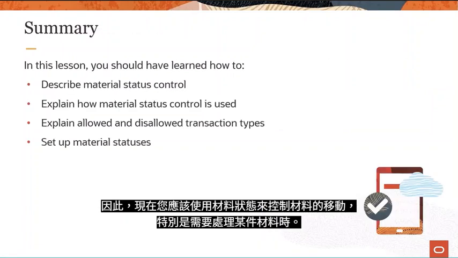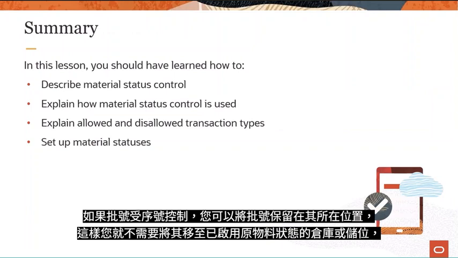So now you should know the material statuses can be used to control the movement of material, especially if you need to disposition something. If it's lot and serial controlled, you can put it on hold where it sits, so you don't have to move it to a subinventory or locator that has